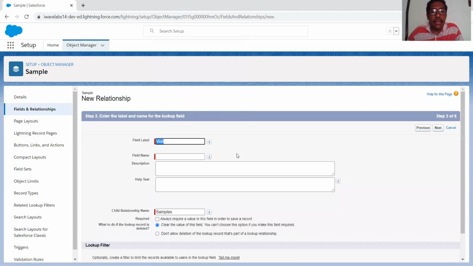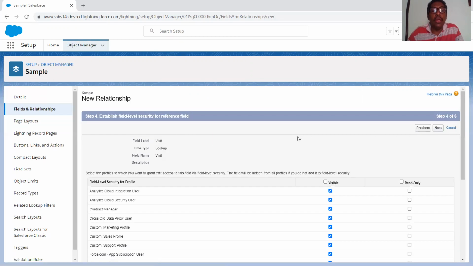After clicking Next, you have to enter the field label and field name. The field label comes by default. When you press Tab, the field name will also be entered here, and the child relationship name will be samples by default. After you do this, click on the Next button. Then we'll go to step 4, where you establish field-level security for the reference field.